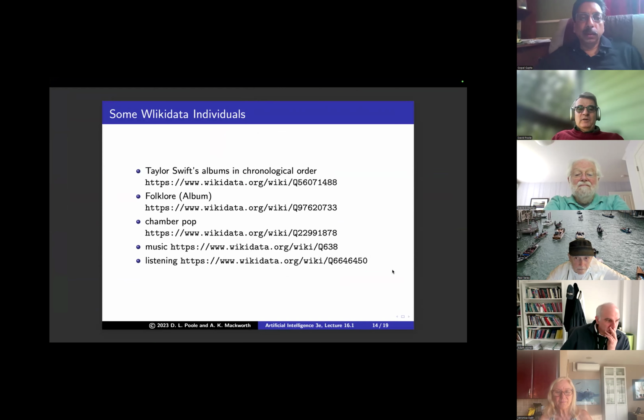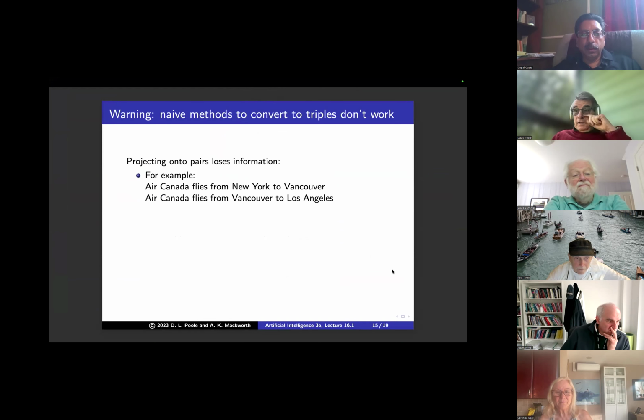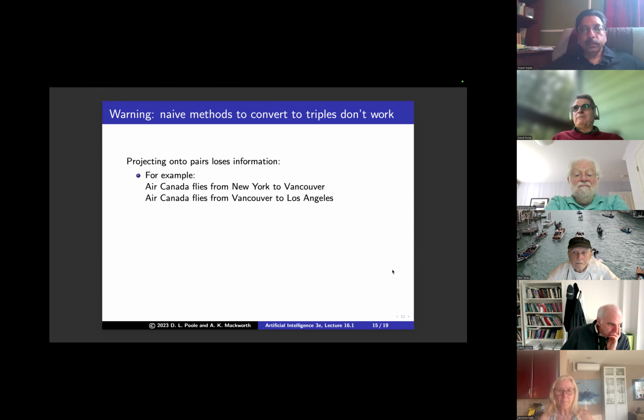A few other things to note: one of the challenges is that there are lots of datasets around, particularly in the machine learning literature. People who do knowledge graphs without knowing what they're doing could publish ones that are now standard for testing machine learning, and they use silly ways of converting to triples. Often people just project onto pairs.